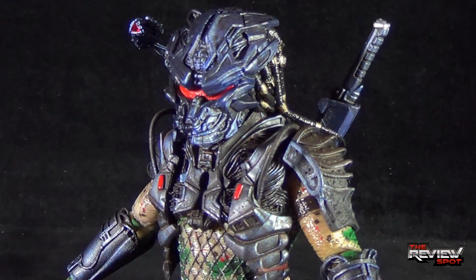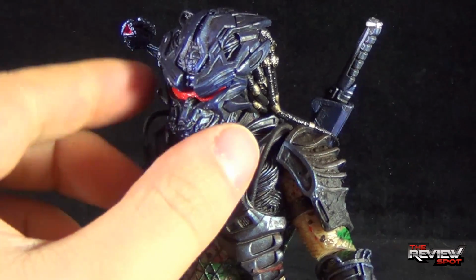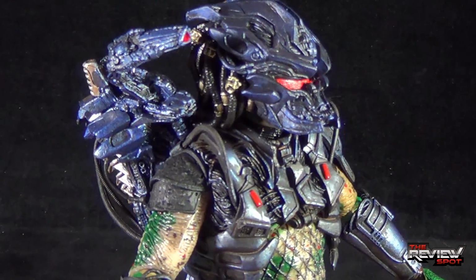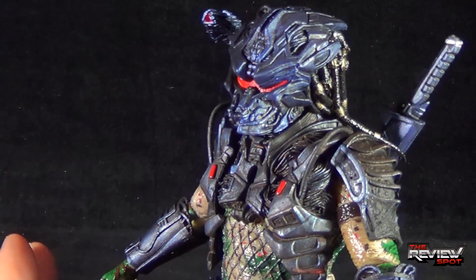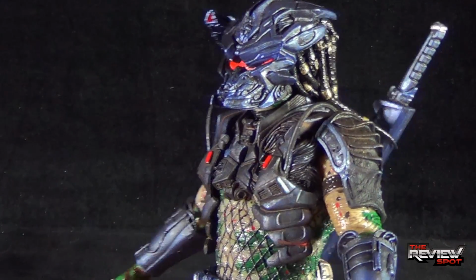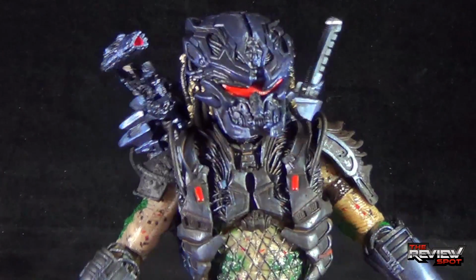Something too that you don't really see a lot of Predators having is blue. Like this blue armor is very, very unique. Looking at it, it looks like something, and I can't quite put my finger on what it looks like. Maybe you guys can help me down below, but there's something very familiar about the look of this